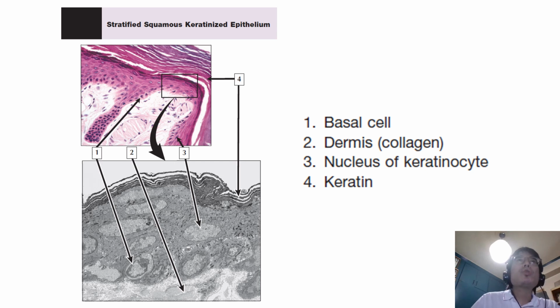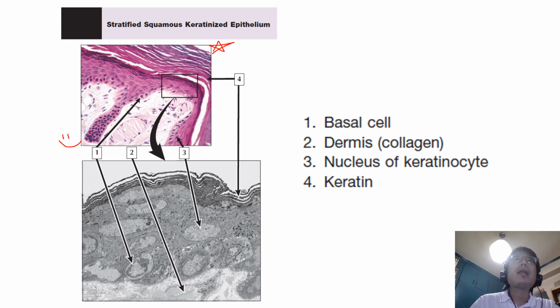Moving now to stratified squamous keratinized territory. First is a light microscope image of stratified squamous keratinizing epithelium of the epidermis, and below it is the corresponding electron micrograph. Dissecting the different labeled parts here, we see this area over here where I'm marking a star is the superficial layer, and below it with a happy face is the basal layer. Superficial part, this is the basal part.